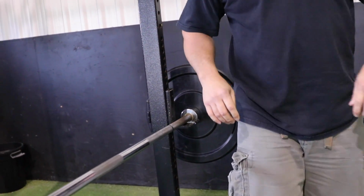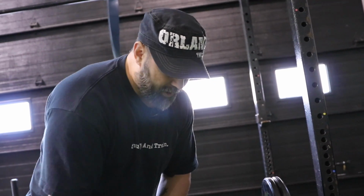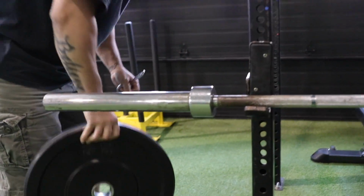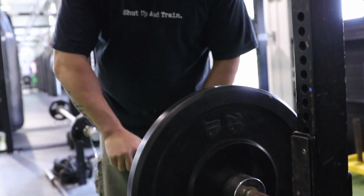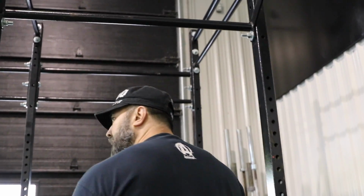Now we're going to hit a set a little bit heavier. So I'm just cranking it up slightly, not much, just slightly. So I'm taking these 10 pounds off and using a 25 on each side. It's not much. A lot of you guys watching this video might be way stronger than I am, and that's fine, right? 95 pounds will hit the spot for my second set, which I'm gonna go 6 repetitions, but I'm